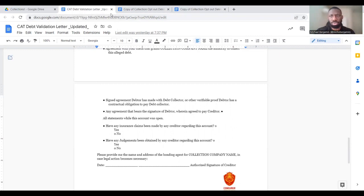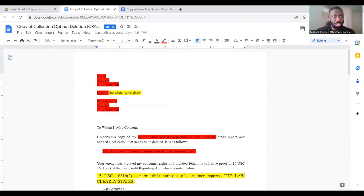It's just for your own documentation to show like you took a good amount of effort to try and resolve the issue privately before you go deeper into your letters, litigation, all that. All right, that's debt validation. So the actual collection letters that we've sent very, very recently to get these collections deleted for clients. So the way that we did it was we sent it to